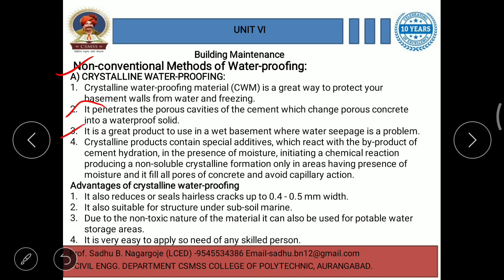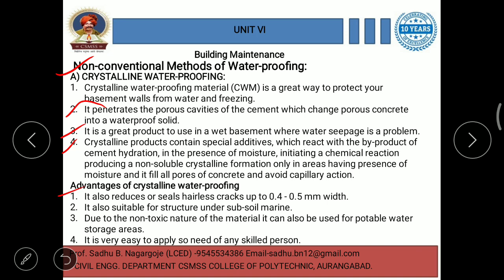It is a great product to use in a wet basement where water seepage is a problem. Crystalline products contain special additives which react with the byproduct of cement hydration in the presence of moisture, initiating a chemical reaction producing a non-soluble crystalline formation only in areas having presence of moisture, and it fills all pores of concrete and avoids capillary action. Okay, this is crystalline waterproofing.